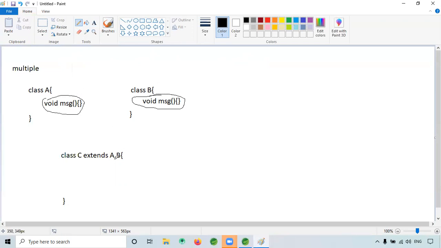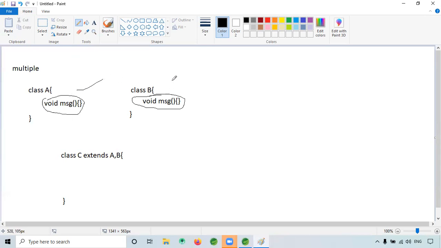You create the object of C and call message.